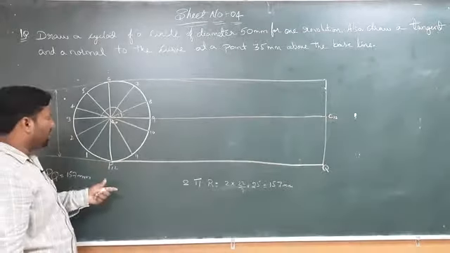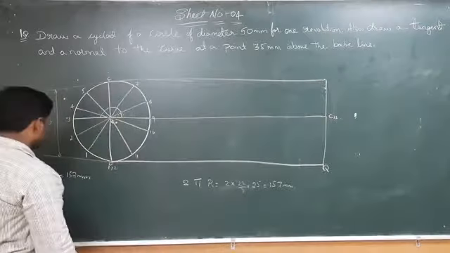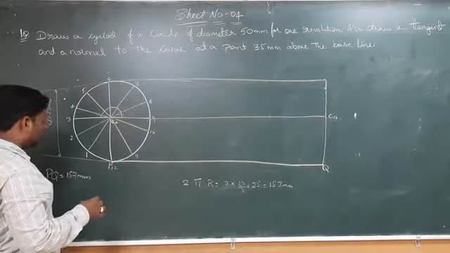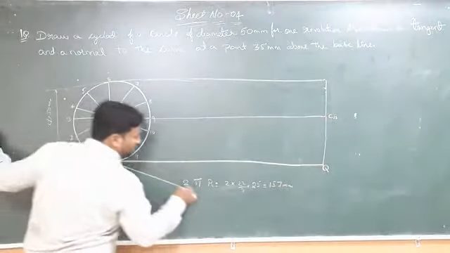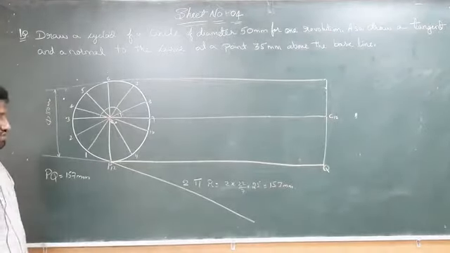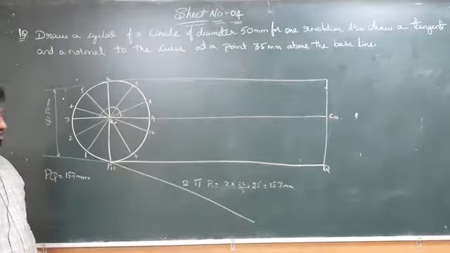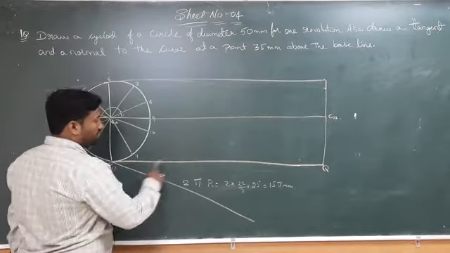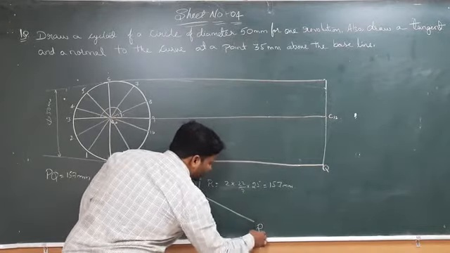In the same way we have to divide PQ into 12 equal halves. So to divide PQ into equal divisions, we have to draw an inclined line by making an angle theta of our choice, but it should be greater than 0 and less than 90 degrees. Now the length of the line, I am taking PQ, I have taken origin. Now I will take this as R.